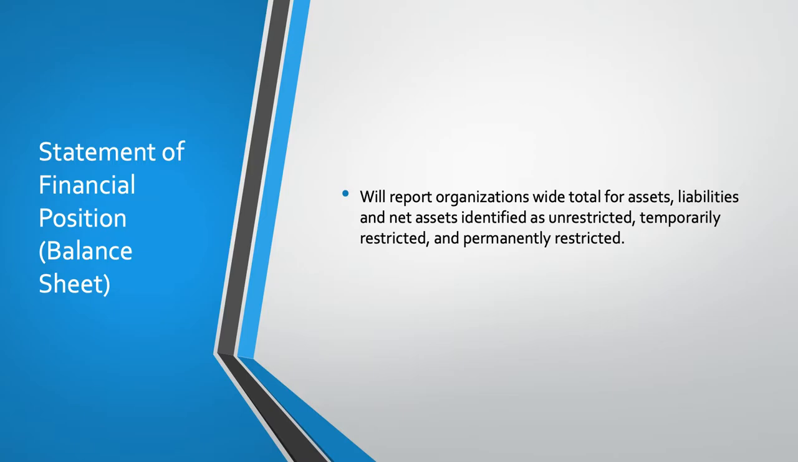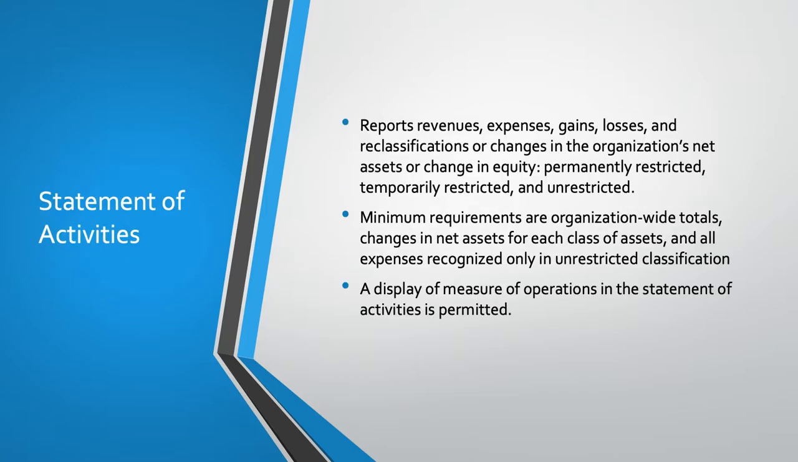And for organizations, it's very important for the management to identify this so they know if they have funds related to a certain project which is temporarily restricted, or permanently restricted, which are funds that could never be touched. They know it's there but it cannot be touched. And then unrestricted is something that they can actually use for any other purpose as the need arises. So that's important. And for the statement of activities,